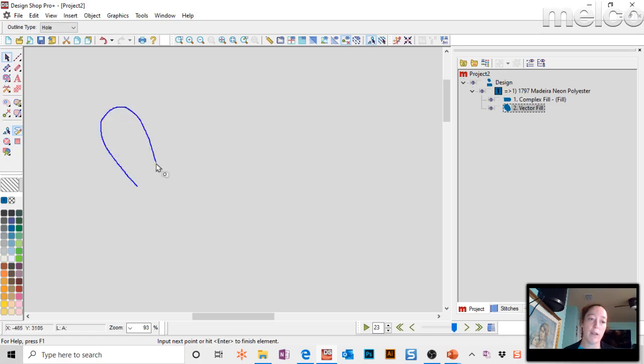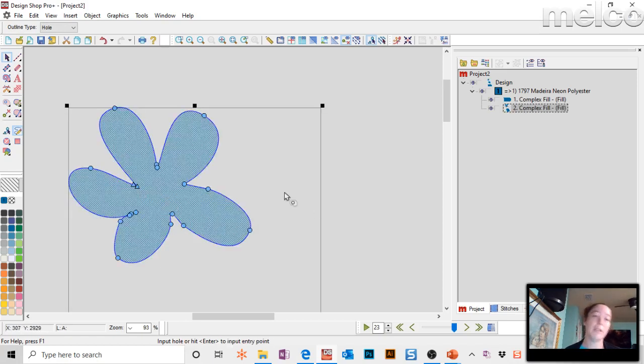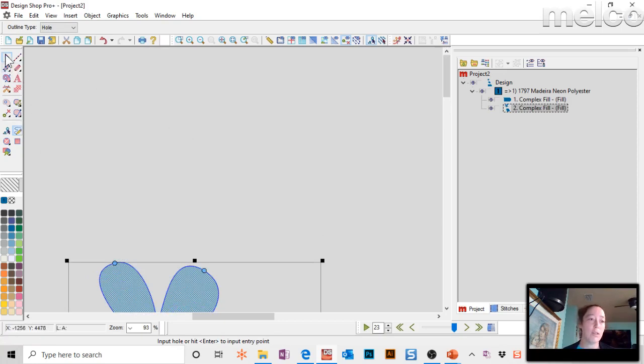So if I want to draw a flower, I'm drawing with a mouse instead of a tablet, so this is rather awful. But anyway, you get the idea. All right, so it will automatically round everything out. Now, if you tried to do straight points, you'll notice